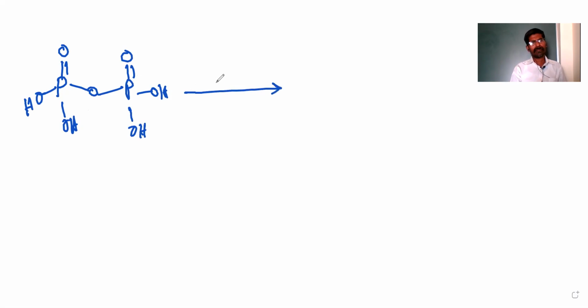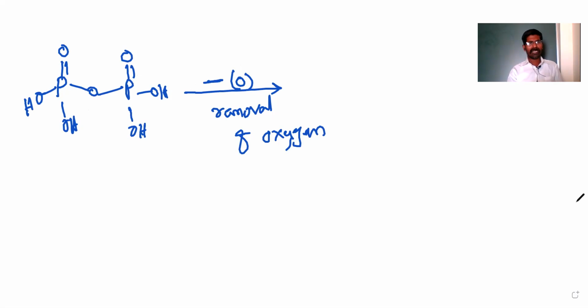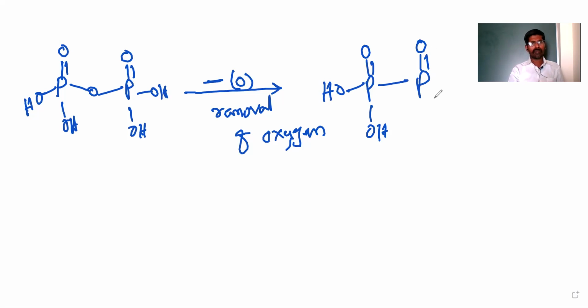So again you have to remove one more oxygen atom. Removal of oxygen. So here if you remove one oxygen atom, you should get this type of molecule. The OH group is the same, and here the same. P double bond O group, and here also OH group and bond. This is the phosphorus double bond O group. And here also the OH group is there, and here will be the same OH group. The compound name is hypophosphoric acid.